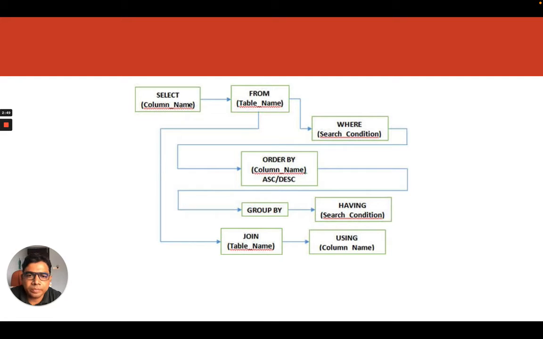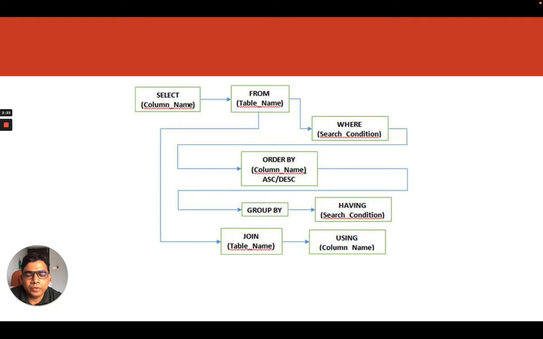First will be select or update or alter, then after that the table name, and after that we have the where clause. And once the where clause condition is met, after that the order by clause gets executed. And once the order by clause is executed, after that we can group the columns, and groups can have a having clause, and after that we can have join or using commands as well.